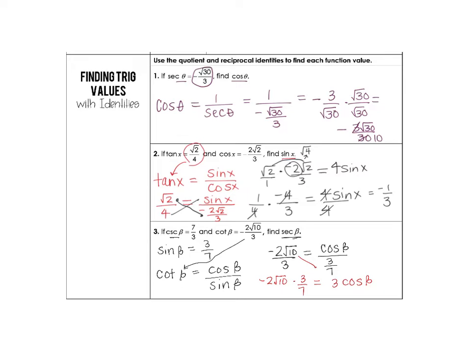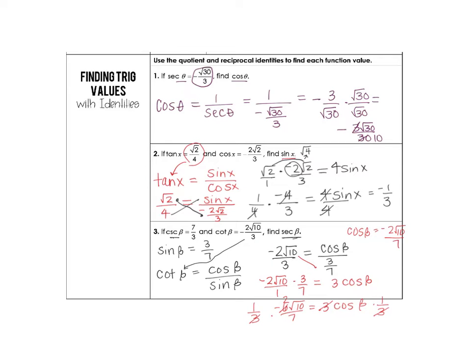And over here on this side, we can simplify this up a bit. We can put that over 1 if we need to. And then we have here negative 6 root 10 all over 7 equals 3 cosine beta. But then I can multiply by 1/3 if you want to, that 1/3 to cancel out your 3. And then this 3 will cancel into 6, leaving 2. So notice that we end up with cosine of beta is going to be equal to negative 2 root 10